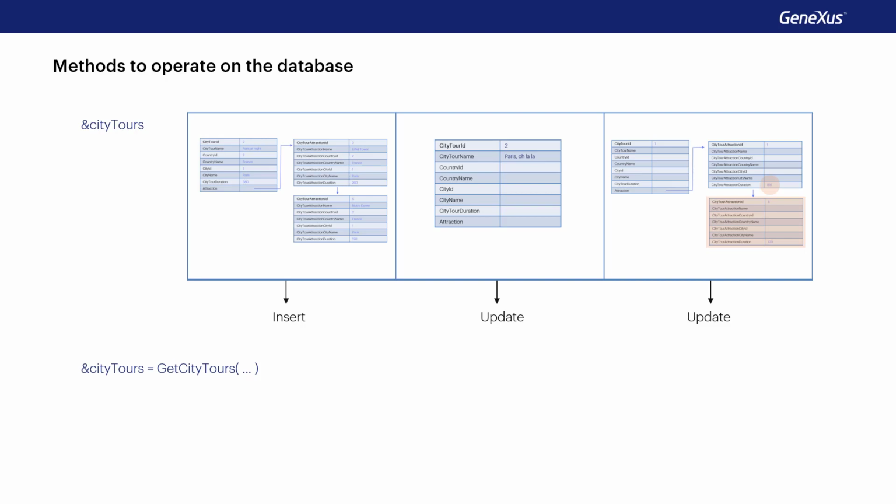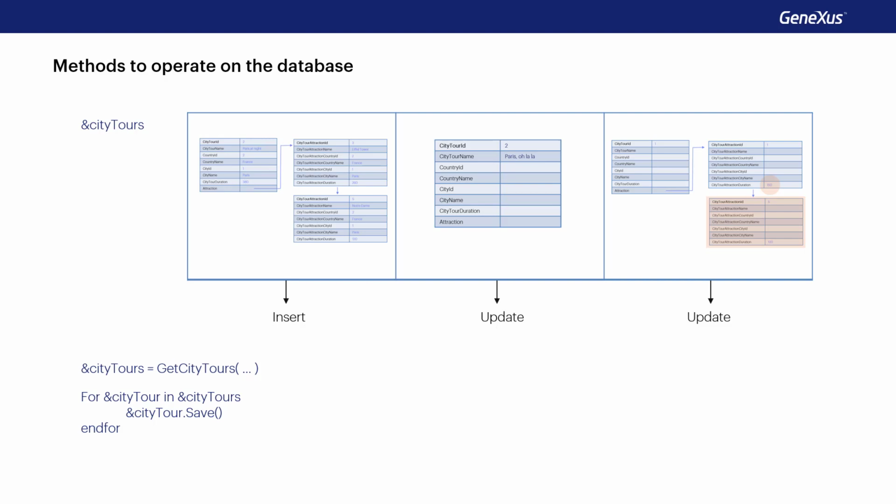In this case, the operation will not depend on the mode of each business component variable, because that mode will be insert in all cases. Do you see why? For this reason, we cannot run through the collection and save. It will only work well for the first element, the one we want to insert, but it'll fail for the others because it will try to insert and will find a duplicate key.